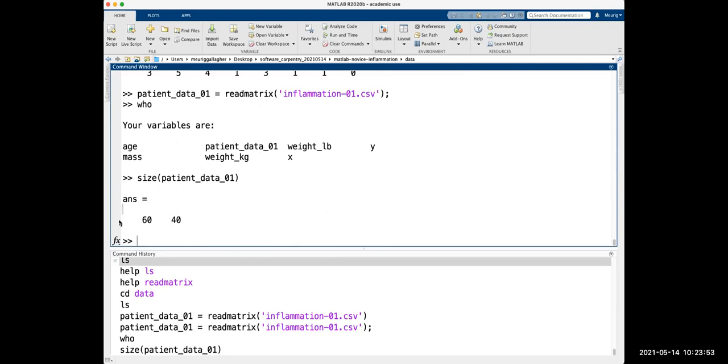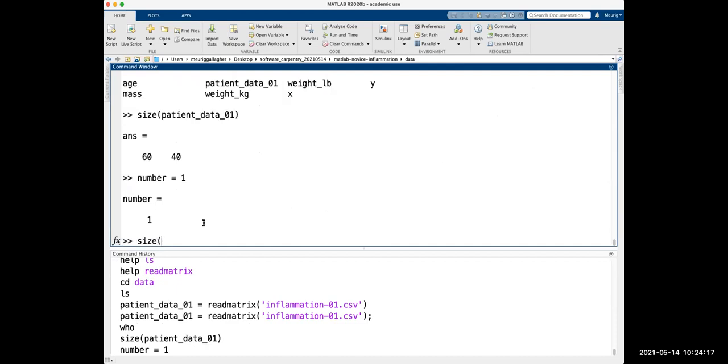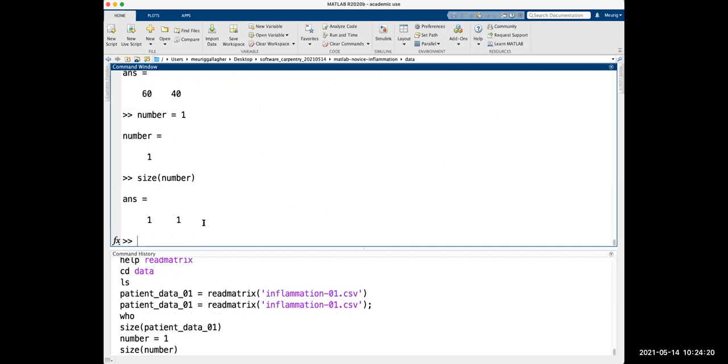So this is called an array, as we've already said. It's a multi-dimensional array, so it has 2 dimensions. It's got rows and columns. But MATLAB stores all its data, doesn't matter what it is, in the form of multi-dimensional arrays. So a single number, let's say a equals 1. In fact, let's use a sensible variable there and call it number instead of a. Number equals 1. If we do size of number, then this has 1 row and 1 column. That makes sense.